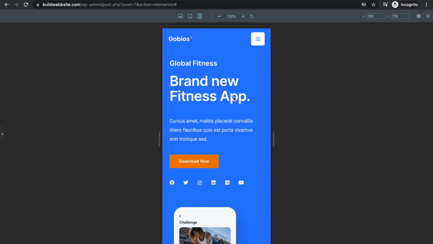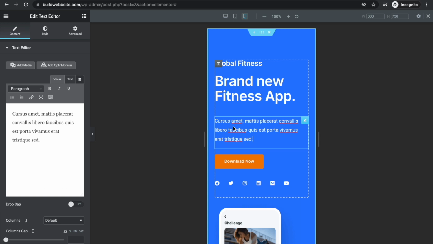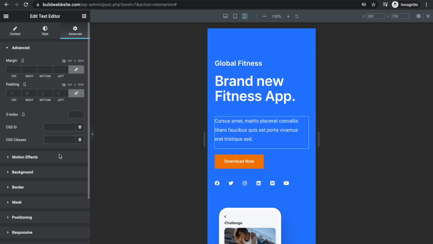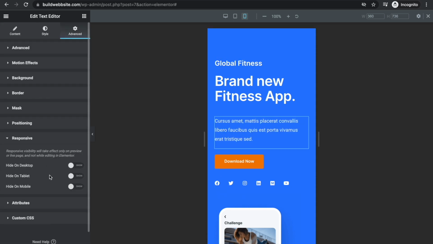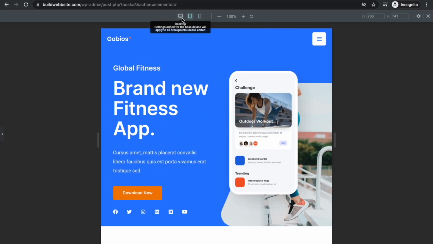Now obviously if you're making your website, you can customize themes, and the cool thing is, for instance, let's just say you don't like this paragraph right here, we can go to advanced, and then on responsive we can say hide on mobile. So now when we go back, that paragraph doesn't show on mobile, but if we go to tablets or desktop,